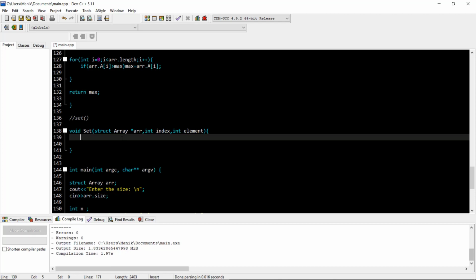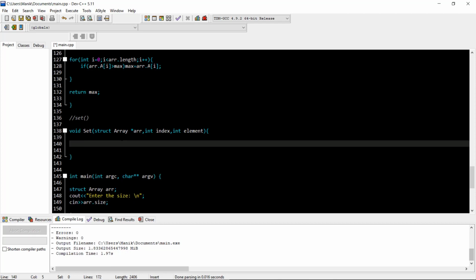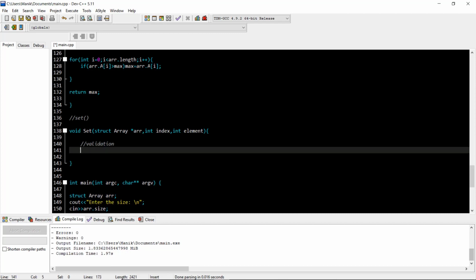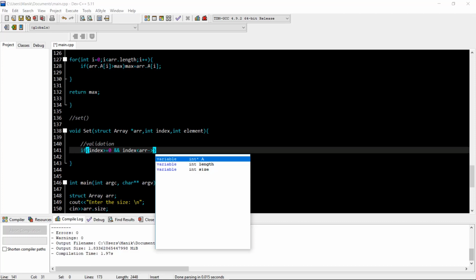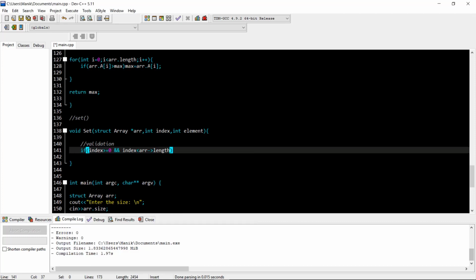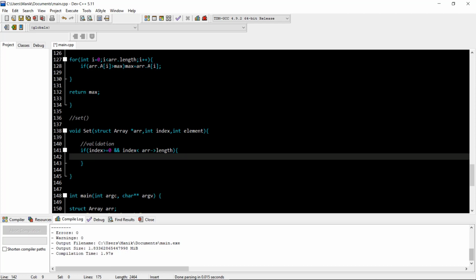Okay, so if I want to change, let me first do the validation part. What is validation? The index should be valid. So if index is greater than or equal to 0 and the index should be smaller than arr of length, then, don't forget that we are using arrowhead because it is a reference.